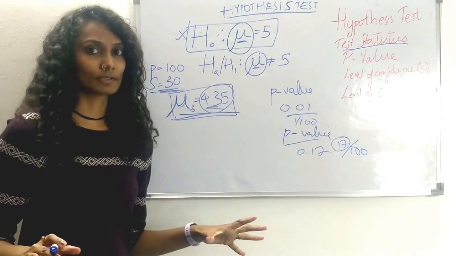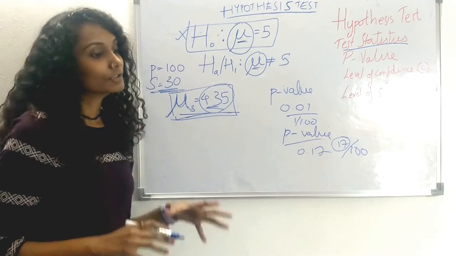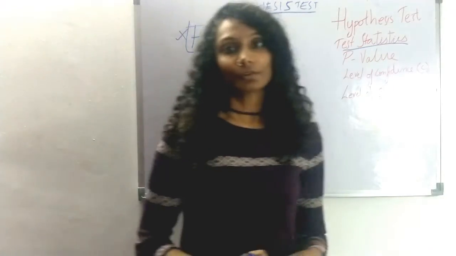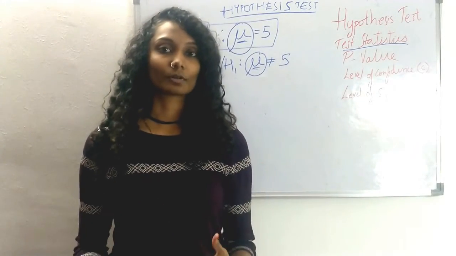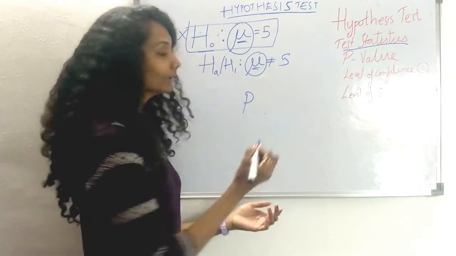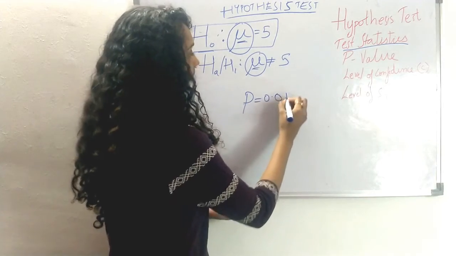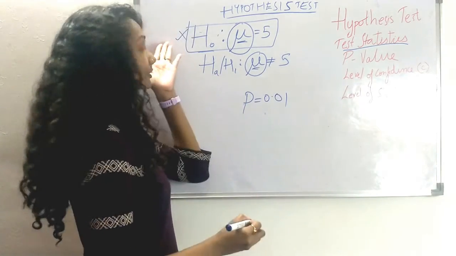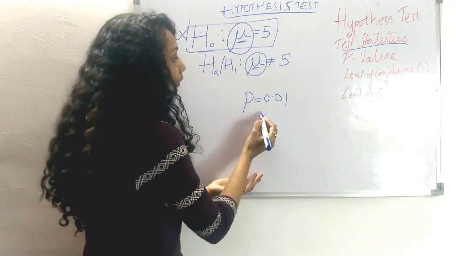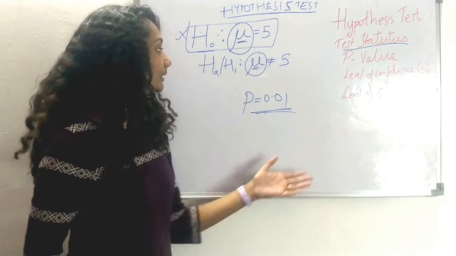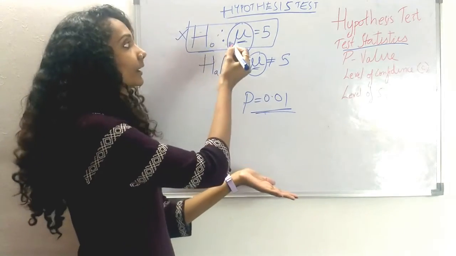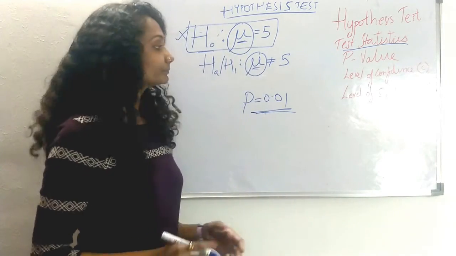If we forget about all this, and if you really want to understand it, just think of it as the probability of the null hypothesis being true. So the next question that comes to our mind is, what is the right value for this p? Clearly we've seen that if the p-value is 0.01, there is a 1% chance that this is true, so we can straight away go and reject the null hypothesis. But where do we draw the line, and how do we decide what is the right p-value or the right cutoff to decide if this can be rejected or not?